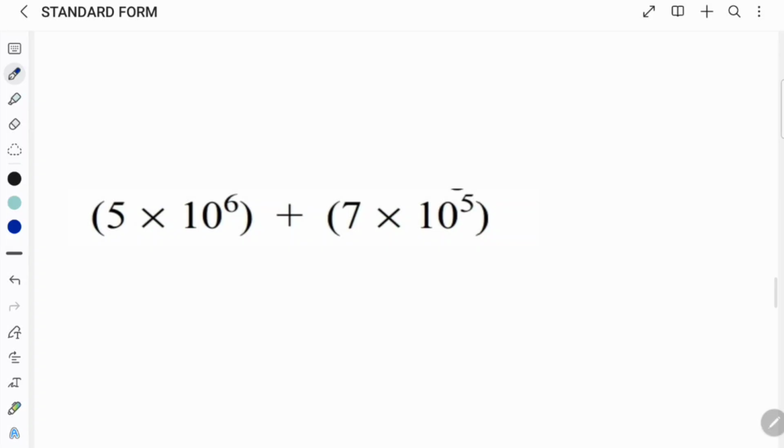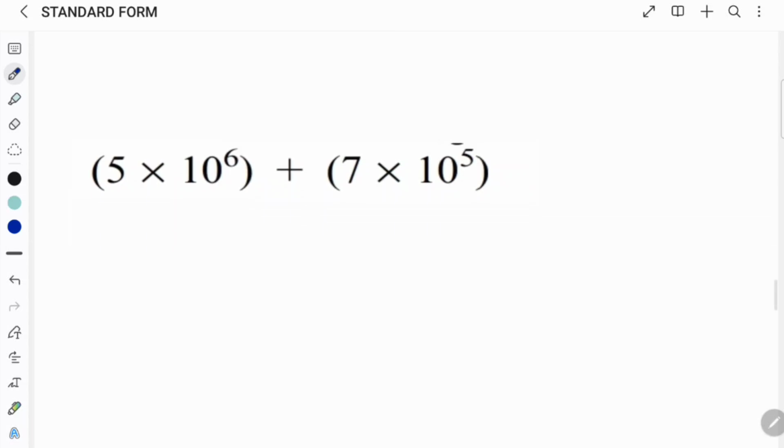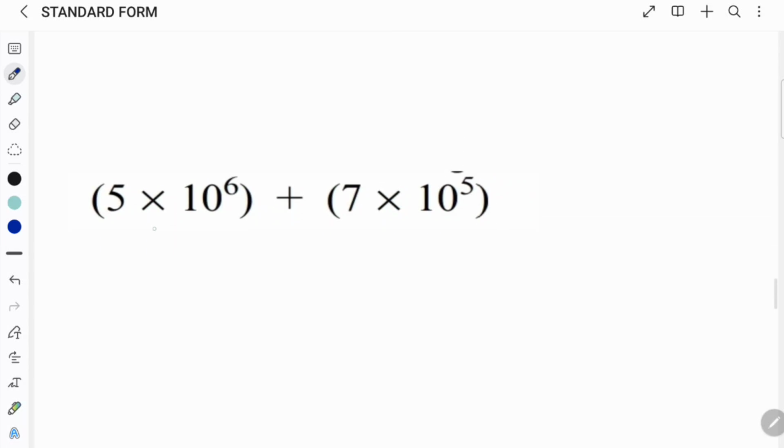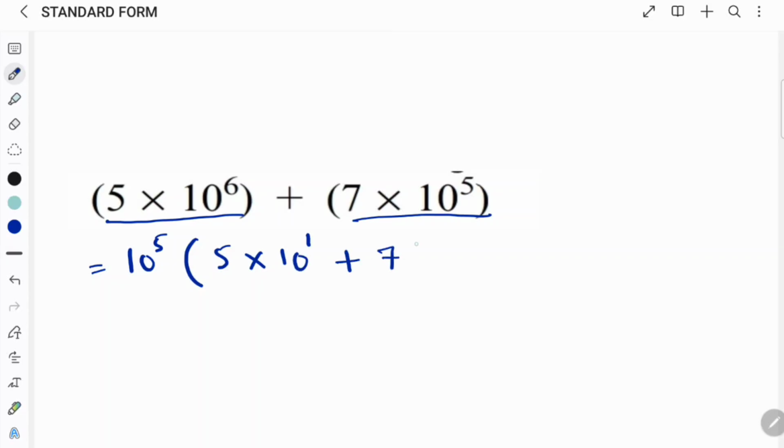Now plus and minus question you do in the same way. You will have to do like factorization. You will have to take out the power common. You cannot do like multiplication, division. What do? You just take the power common. 10 to the power 5 is common between these two. 5 into 10 to the power 1 left and plus 7 only, because you have already taken out the power 5 common. You do bracket solve first. Multiply first in this 50 plus 7.